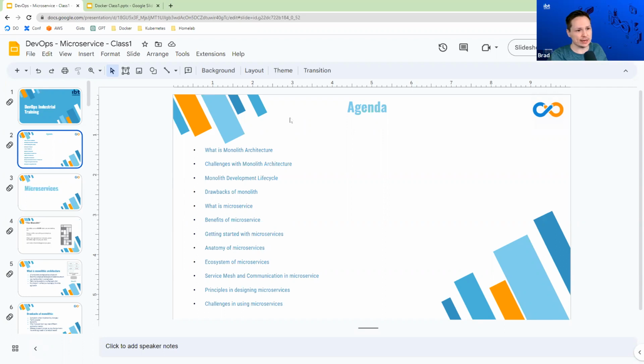I see a question in the chat from Kobe, and he's asking how many sessions do we have with Brad? So I believe it's going to be 12 to 13 classes. We have this class on microservices, which is very heavy in the lecture components. But then we're going to do 5 to 6 classes on Docker and containerization. And that's going to be some theory as well as a lot of hands-on labs. And then we're going to get 6 classes of Kubernetes and deploying our containers and our applications to a Kubernetes cluster. So it's around 12 to 13 classes.